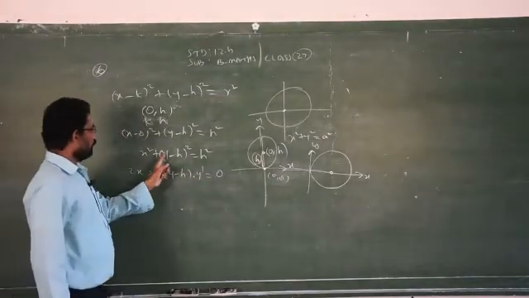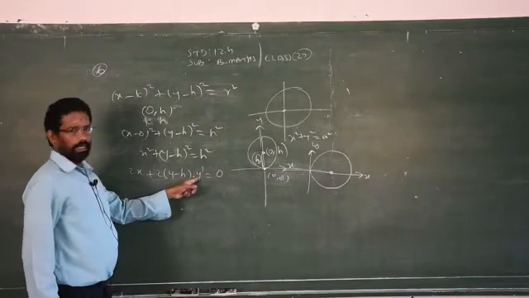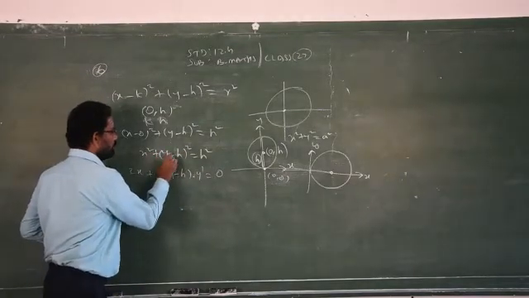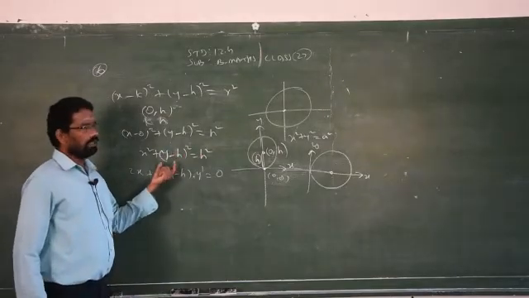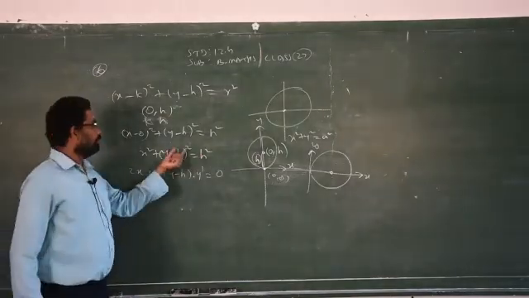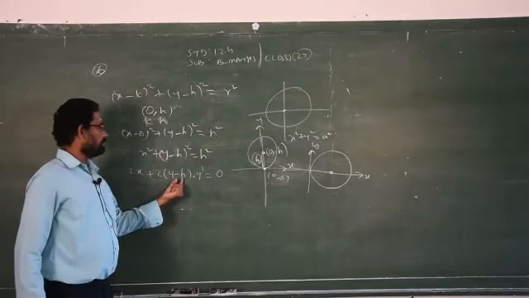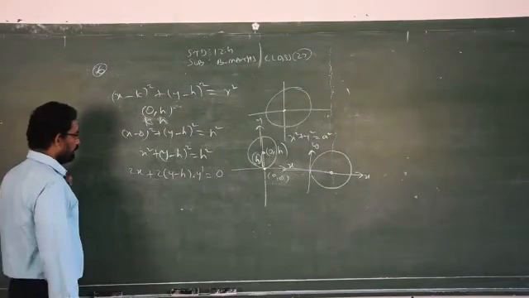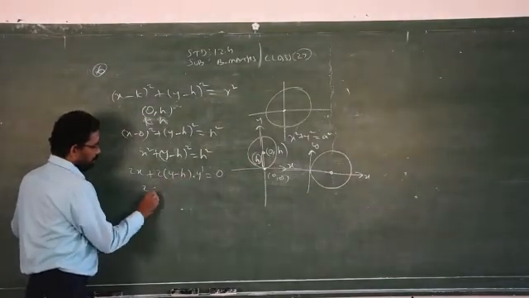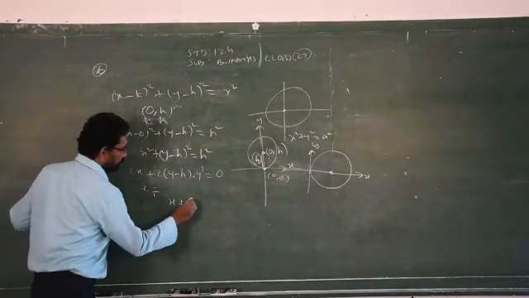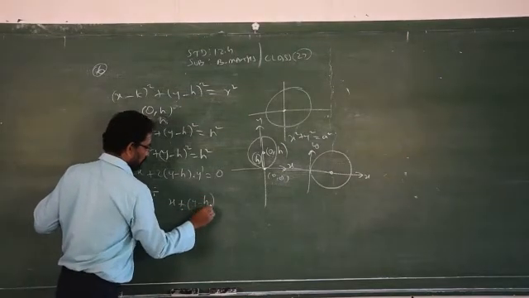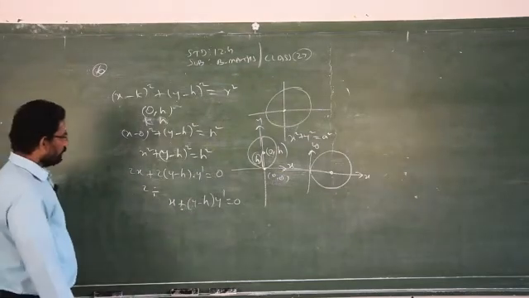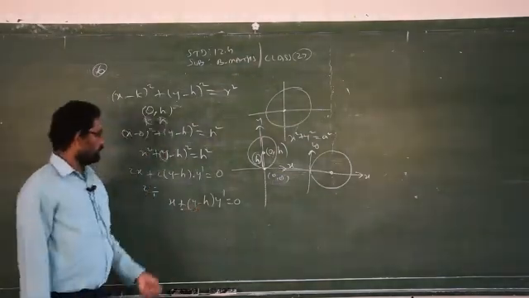So when you differentiate y, you have to write it as y dash. First differentiate the power, this you know already from 11th standard. First you differentiate the power, then you have to differentiate inside the bracket. When you differentiate the power, 2 times (y minus h), differentiate inside the bracket, y will become y dash. Clear? So now you can divide everything by 2, x plus (y minus h) into y dash is equal to 0. Boys, you have to find out what is the value of h from this one.